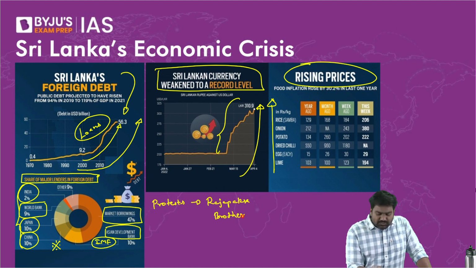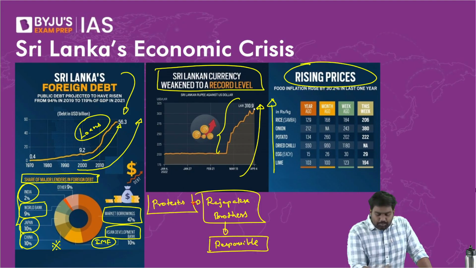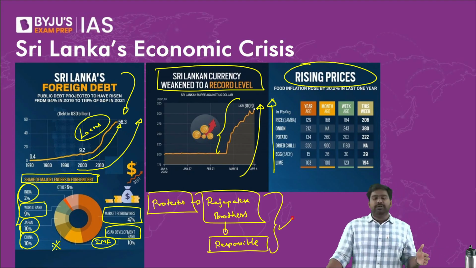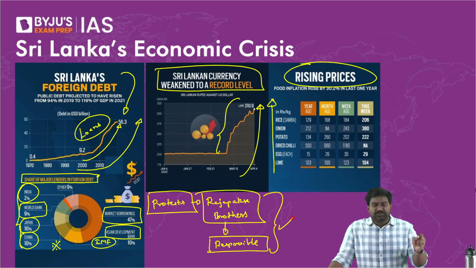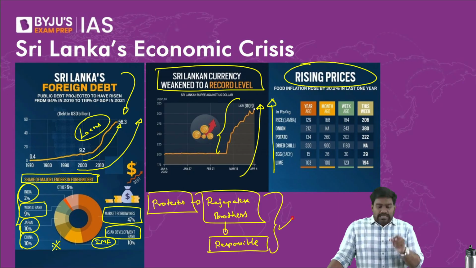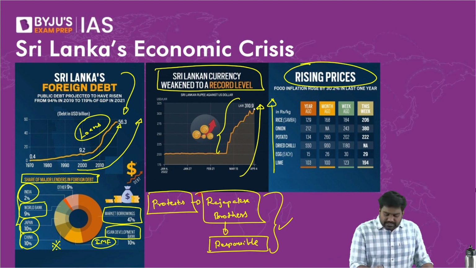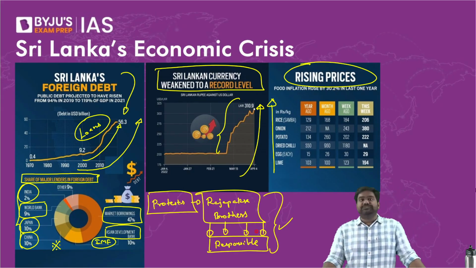The Rajapaksa brothers were largely held responsible by the people for irresponsible expenditure and poor management of the Sri Lankan economy. Because over the last 20 odd years, for almost 12 to 13 years, the Rajapaksa brothers were in power. It was under the Rajapaksa government that irresponsible spending took place. Unnecessary loans were raised from China, from the World Bank and IMF and other global institutions. It is this irresponsible handling of the economy which brought Sri Lanka to this crisis.